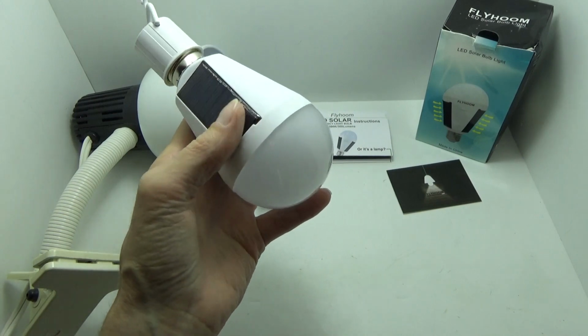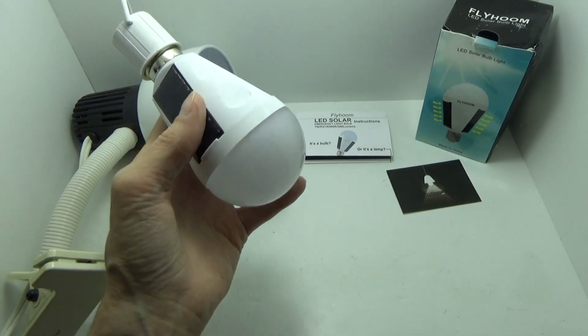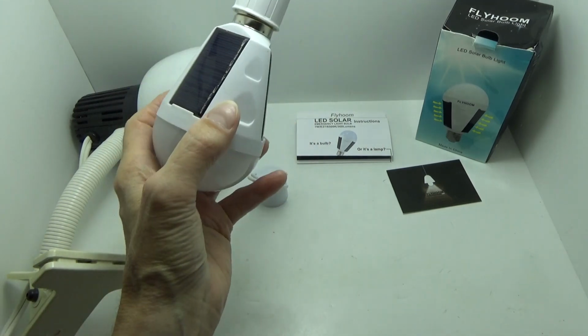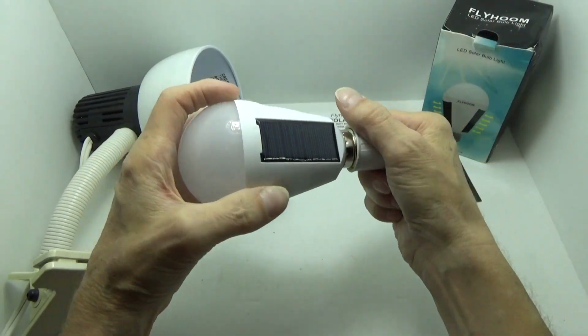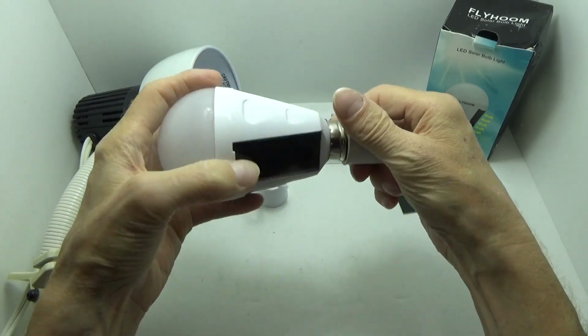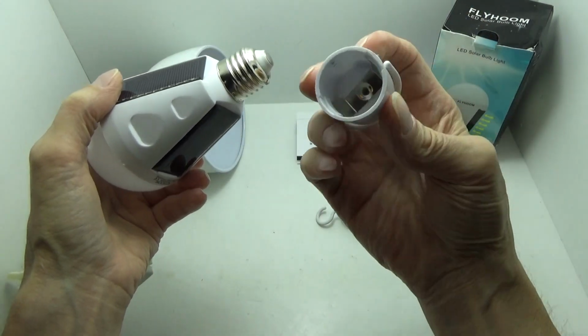Once it's fully charged, you're probably going to get somewhere in the neighborhood of about 5 hours of run time. I guess that's going to vary depending on how charged you allowed it to get, but just to have something for a short term in the event of power loss, that's where this thing for me is a very good product. So I'll go ahead and take this back off. So that's pretty much all there is to it,